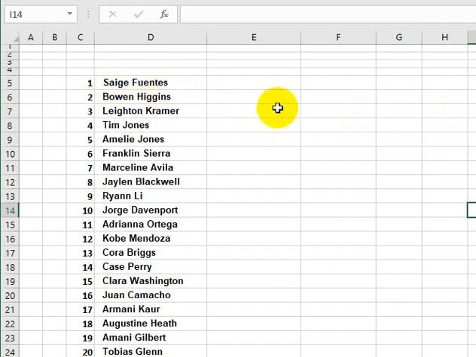Now, quite often, it would be nice to have the first name in this cell and the second name in the next cell. You could do this with a function: look for where the space is and split it up with left and right string. But if you just want it done quickly and conveniently, there's this function called Flash Fill. Just type it in manually for the first one